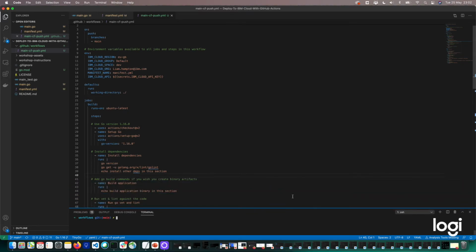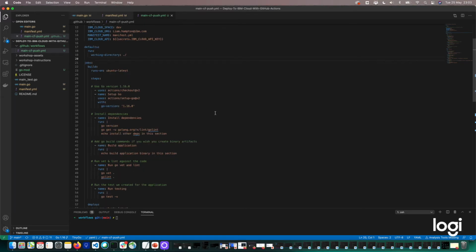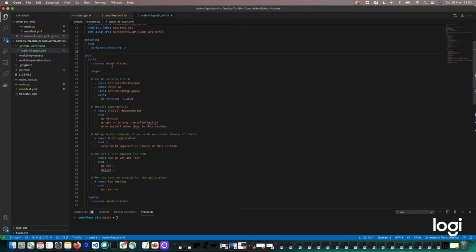So let's go straight back through that again. We've got all our environment variables. We're going to say for the defaults, we're just going to run. So the working directory for the project is the root directory. The jobs is everything that I want to run. So in this instance, I want a build job to run, and I want it to